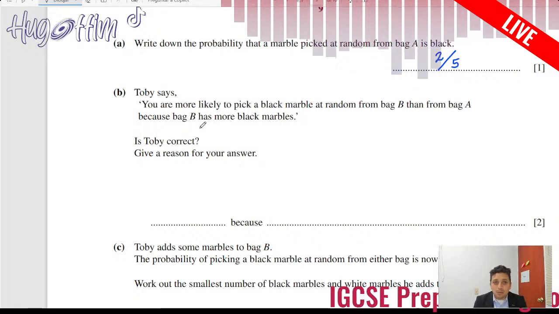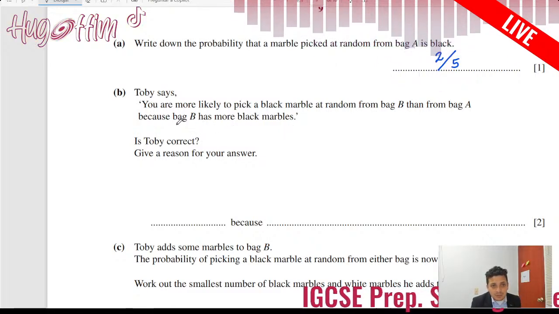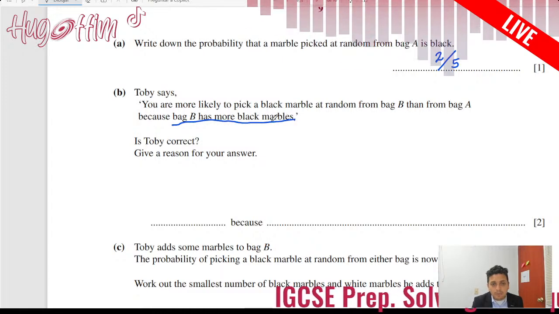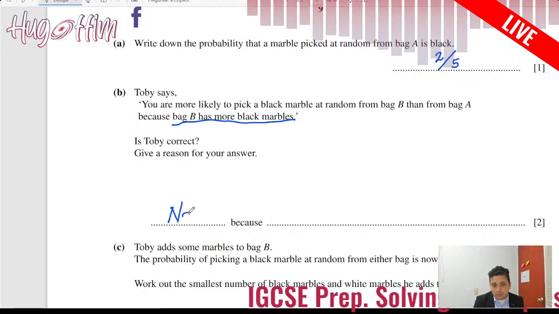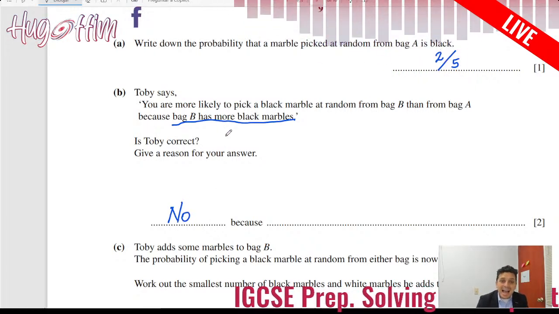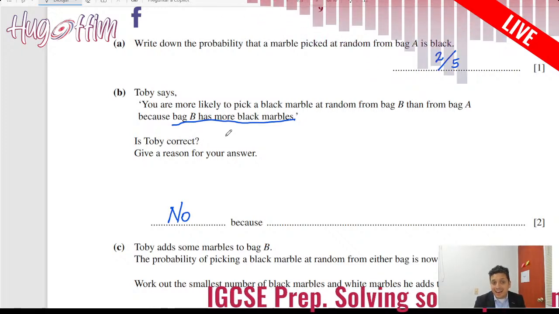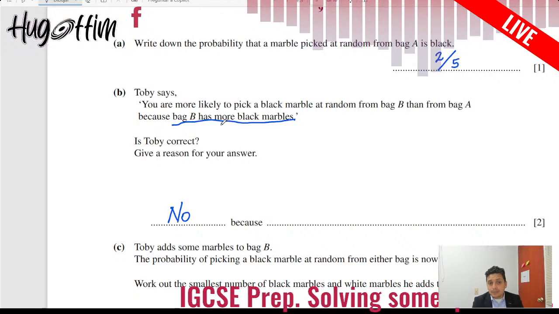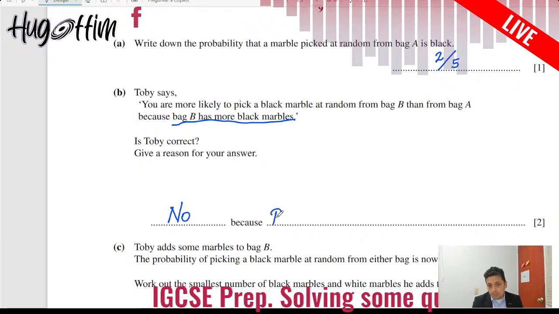But there is something I can observe here: he immediately gives his reason, that it's because bag B has more black marbles. I can tell immediately that no, he's not correct, because having more black marbles doesn't mean that you have a higher probability, because the probability